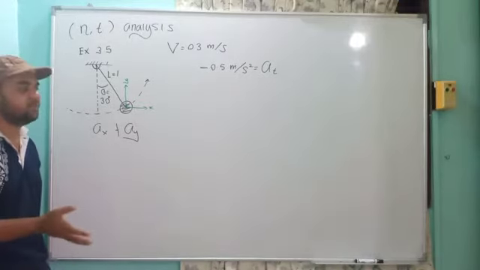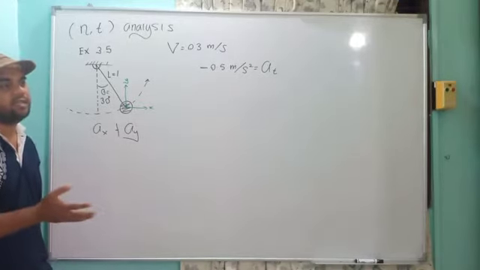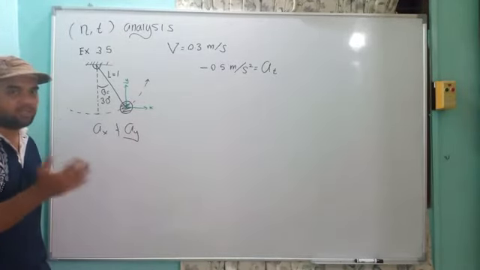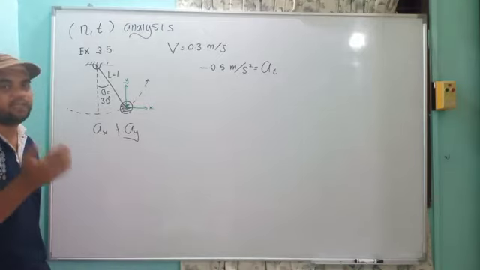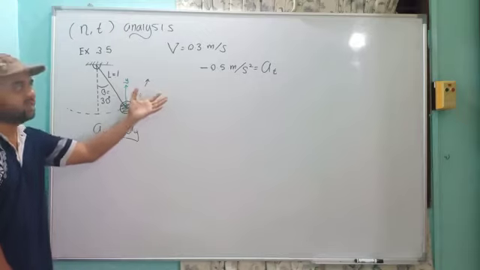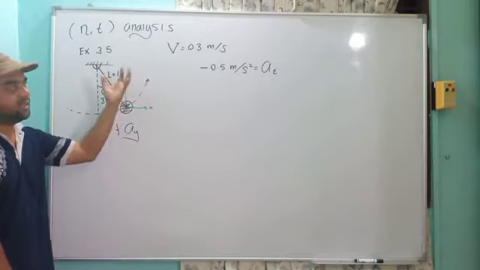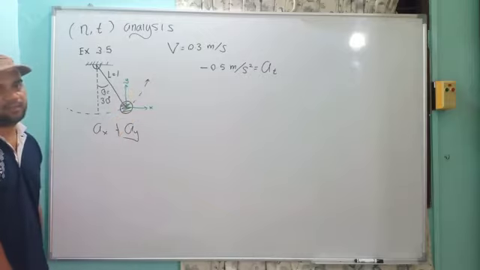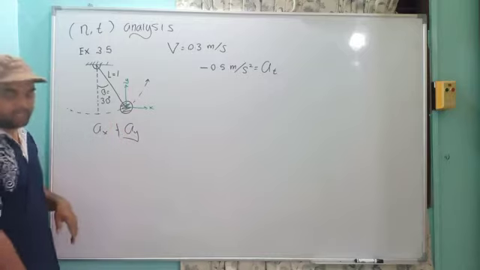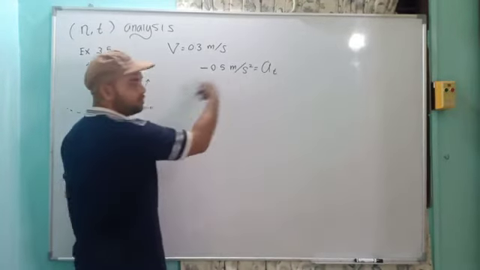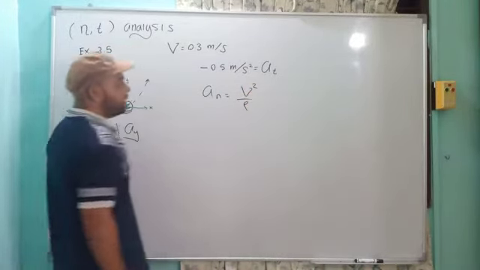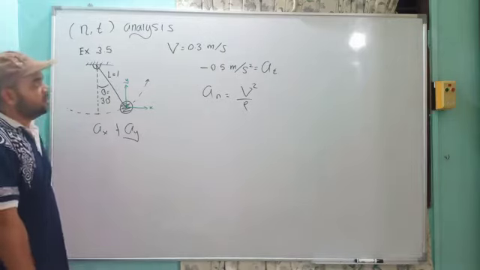That is some information that I really need you to understand in this chapter, because it will not be said to you directly from the question, but you have to understand what changed and what the value represents. Velocity change, reduce, so negative A tangent. So we have the first one, A tangent. Now our job is to calculate the A normal, because A tangent is already given. So A normal equal to V squared divided by rho. The V is there.